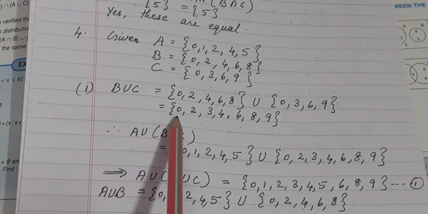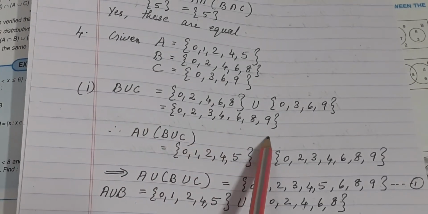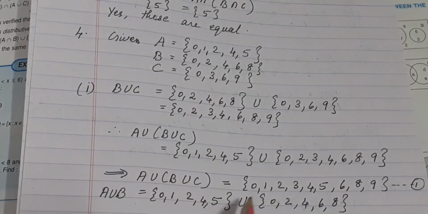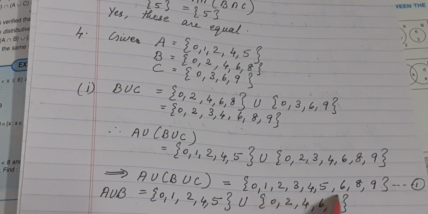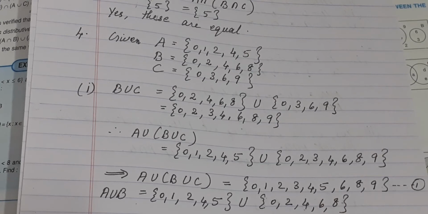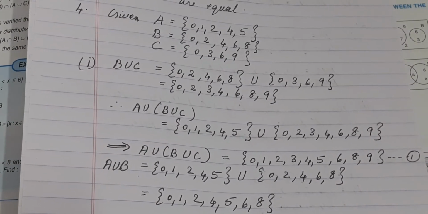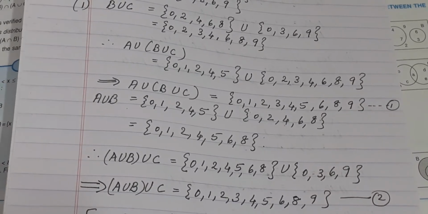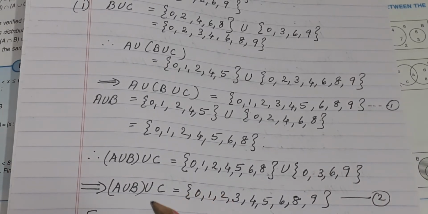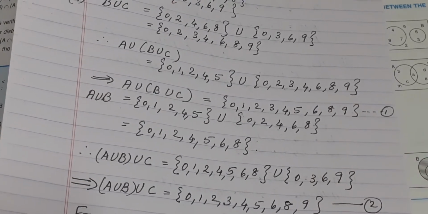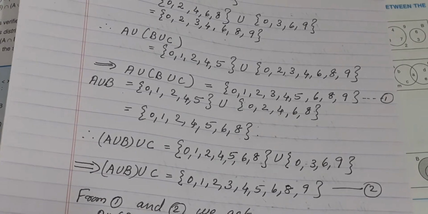B union C means the elements of B and C. Okay, so we will get {0, 2, 3, 4, 6, 8, 9}. Then therefore A union (B union C), how you can write all the elements of this one. Okay, so you will get {0, 1, 2, 3, 4, 5, 6, 8, 9}. Let it be equation 1. Then A union B you will get like this. Then (A union B) union C you will get like this. Okay, {0, 1, 2, 3, 4, 5, 6, 8, 9}. So from equation 1 and 2 just compare, you will get